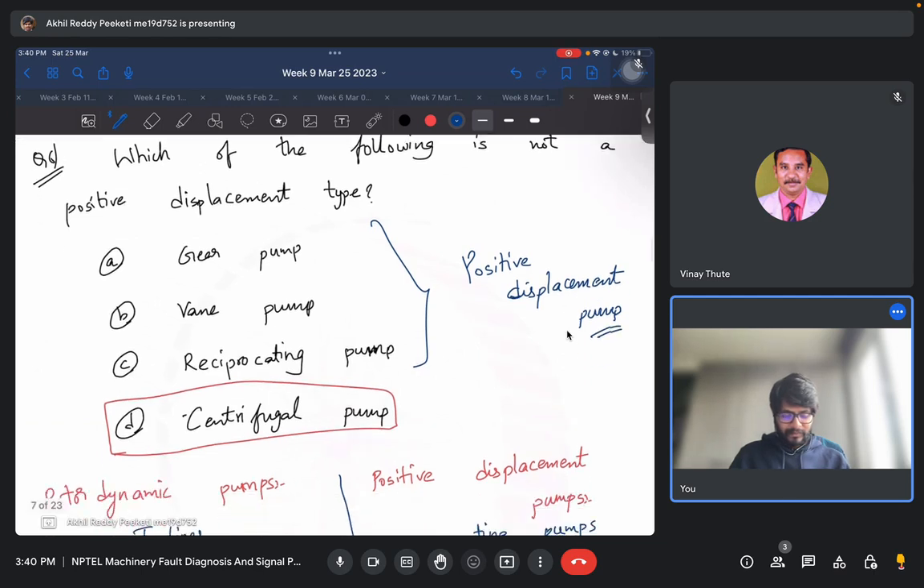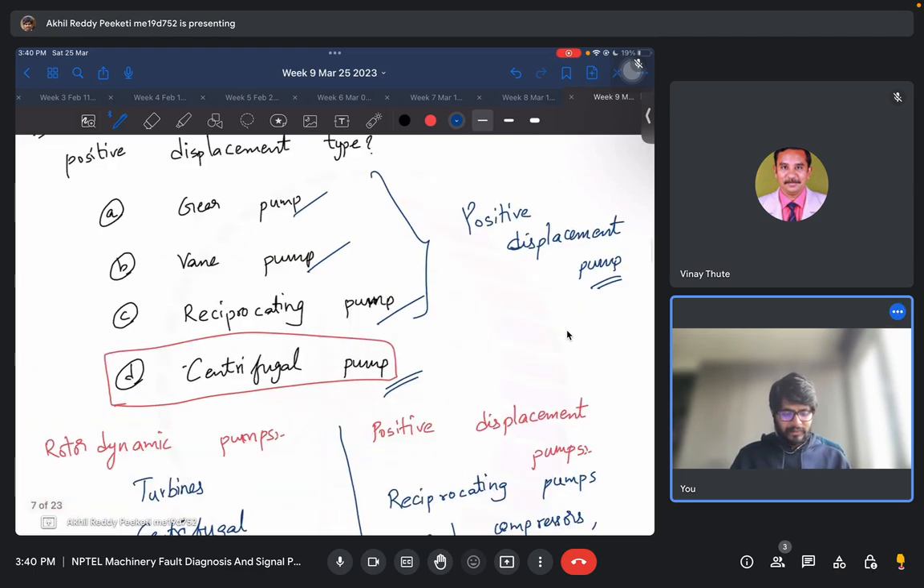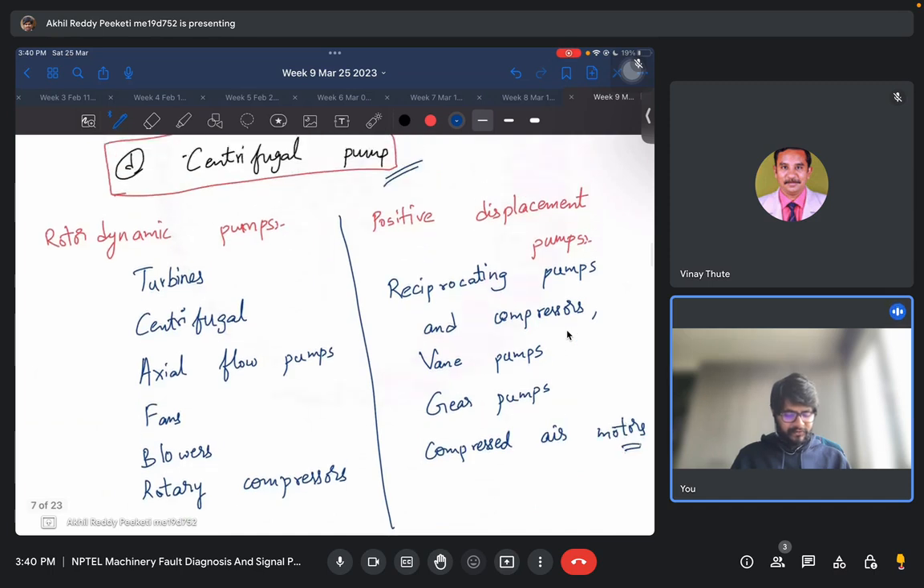Next, which of the following is not a positive displacement pump? So centrifugal is actually an example of a rotary pump. It is not a positive displacement pump, but the gear pump, vane pump and reciprocating pumps are all positive displacement pumps. Some other examples for each of them are,